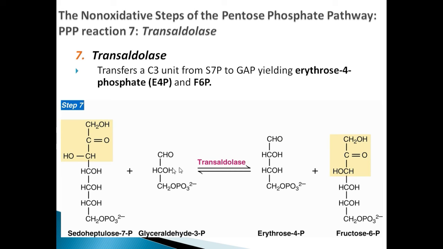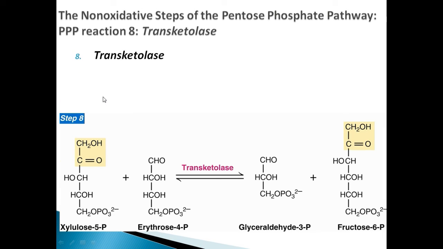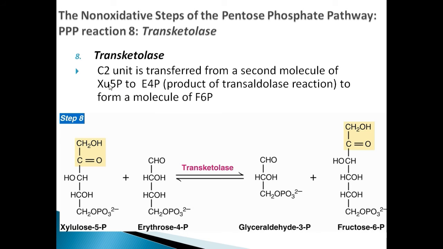And it is, as I said, a transaldolase reaction. So the final reaction will then take the erythrose 4-phosphate and transfer a 2-carbon unit from xylulose 5-phosphate, which is of course a product of the transketolase reaction earlier in the pathway. It'll take that 2-carbon unit and add it to the erythrose 4-phosphate in order to produce a fructose 6-phosphate and